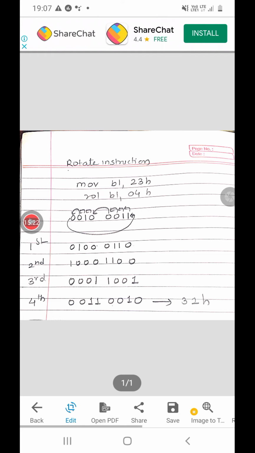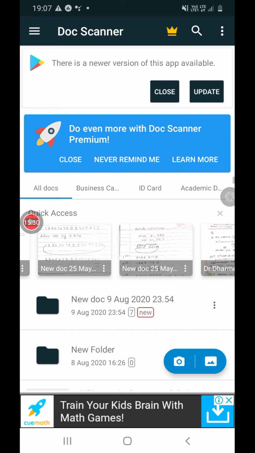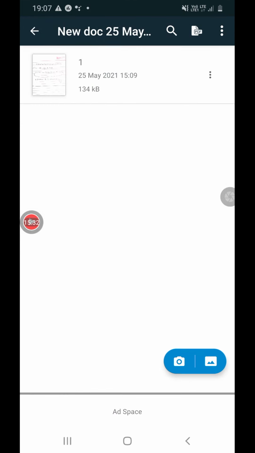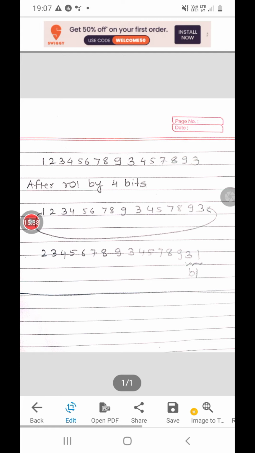That's why we are using the instruction rotate left BL by 4 bits. Now you can see here you have to display a 16-digit number. So these are your 16 digits, and I have specified these digits as hexadecimal digits. If I rotate this by 4 bits, what happens?